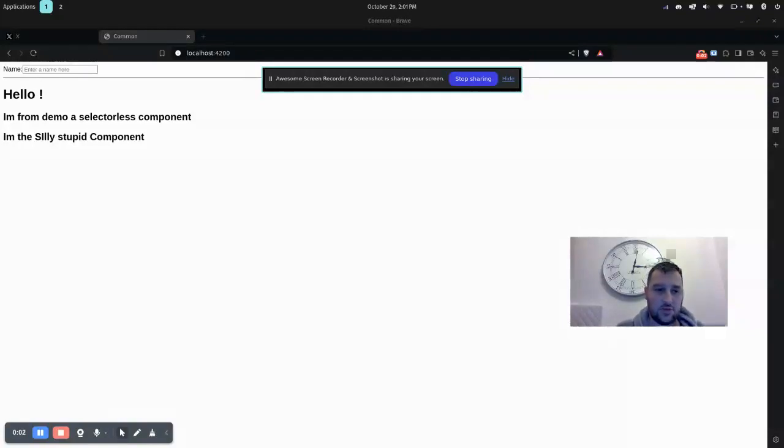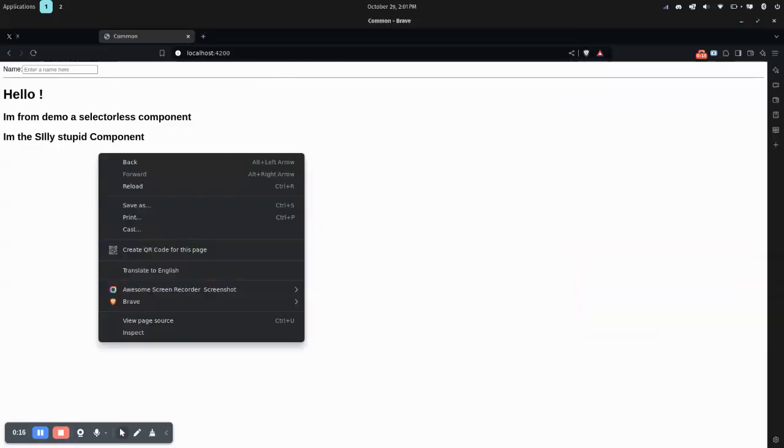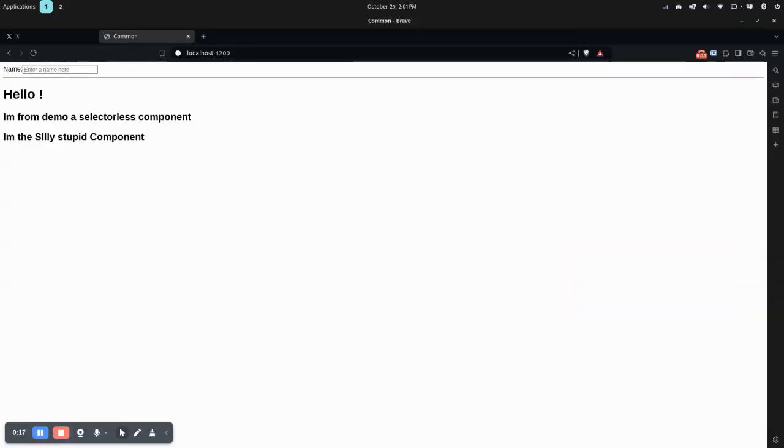Also, there's been a lot of talk again in the past few weeks over Angular's authoring, and Angular came out with something really good where you didn't need selectors and you didn't need to put the imports in twice. I've managed to get that working. So as you can see here,